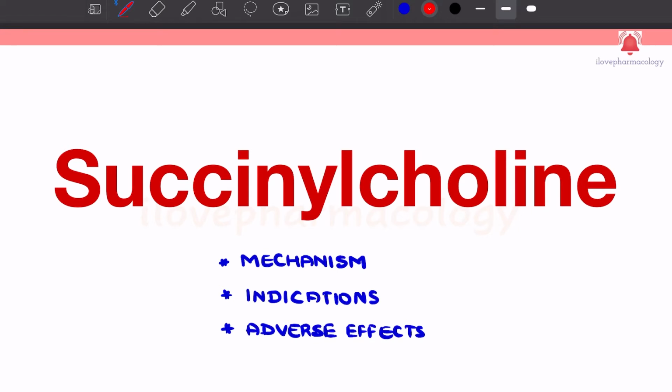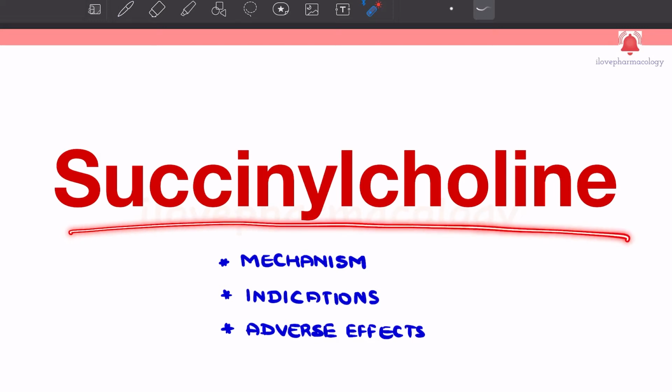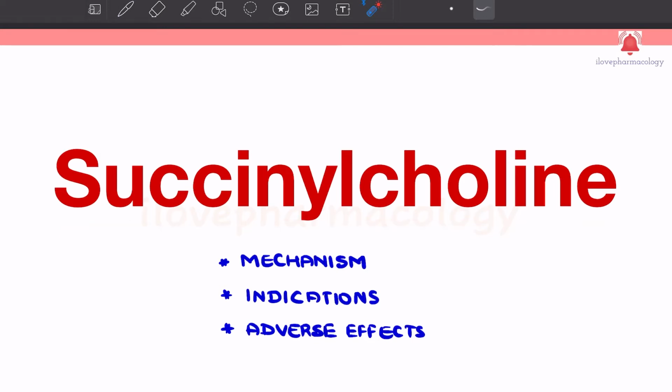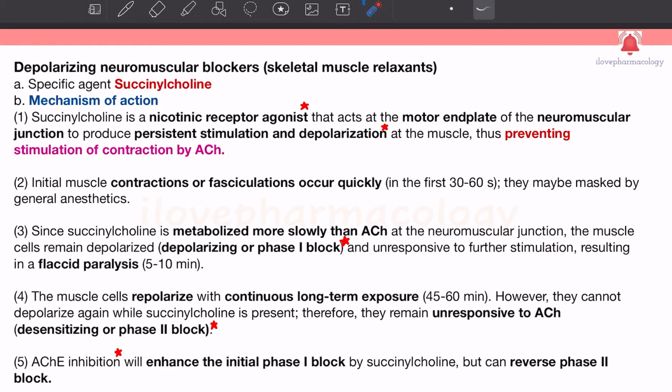In today's session, let us learn about succinylcholine. We'll be learning about succinylcholine's mechanism of action, its indications and adverse effects. So, coming to succinylcholine,